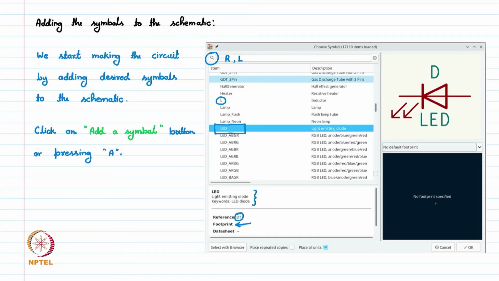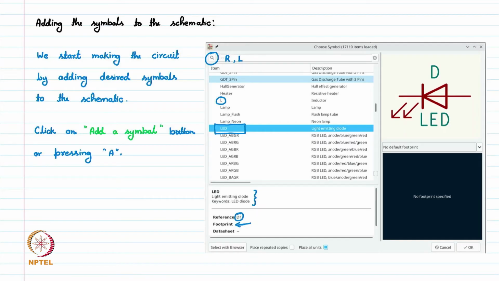It means if we have this symbol, we can use this component in our schematic and generate our complete schematic. We can pass all the electrical rule checks. However, we cannot proceed to the PCB design because there is no footprint available for this particular LED, whatever component we want to use. So here if the value is not specified, it means it is not still associated to